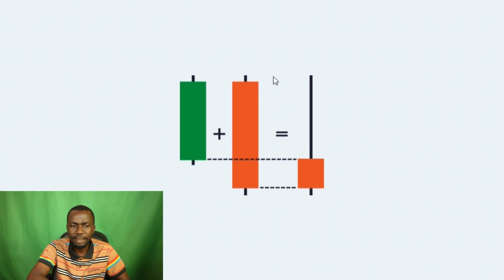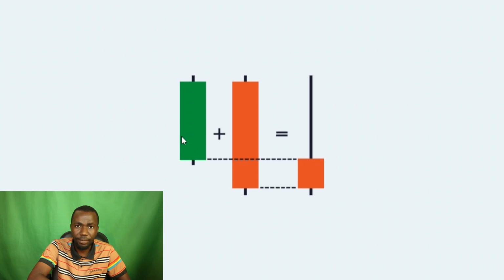The sellers now step in and push the price down, right? So you can see the big red candle at the lower time frame, like the 1 hour, telling you that the sellers are pushing the price down, while at the higher time frame, like the 4 hour, you can see this rejection. This rejection tells you that the sellers are now pushing the price down, right, until the price engulfs